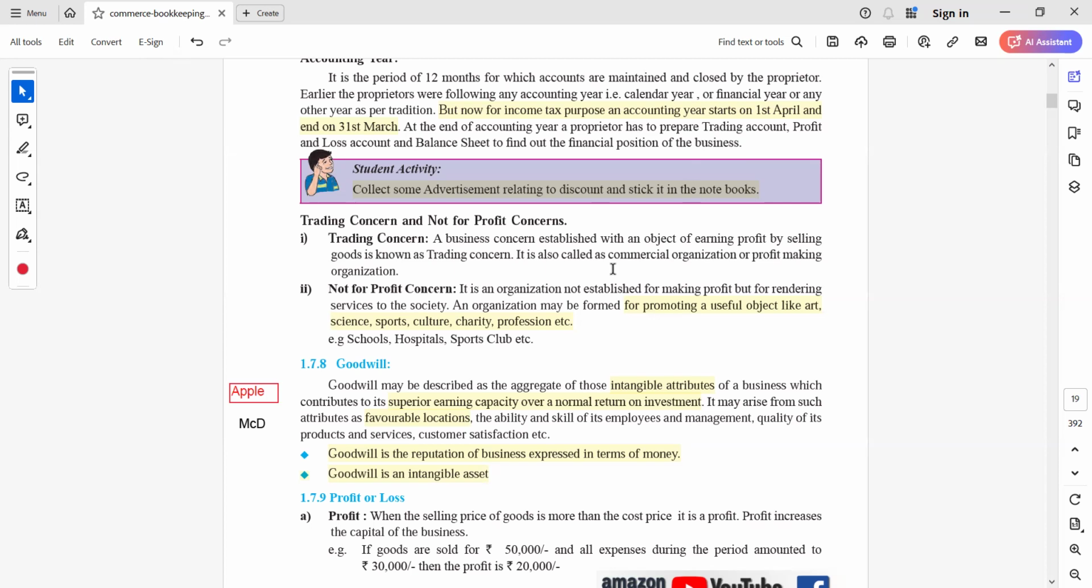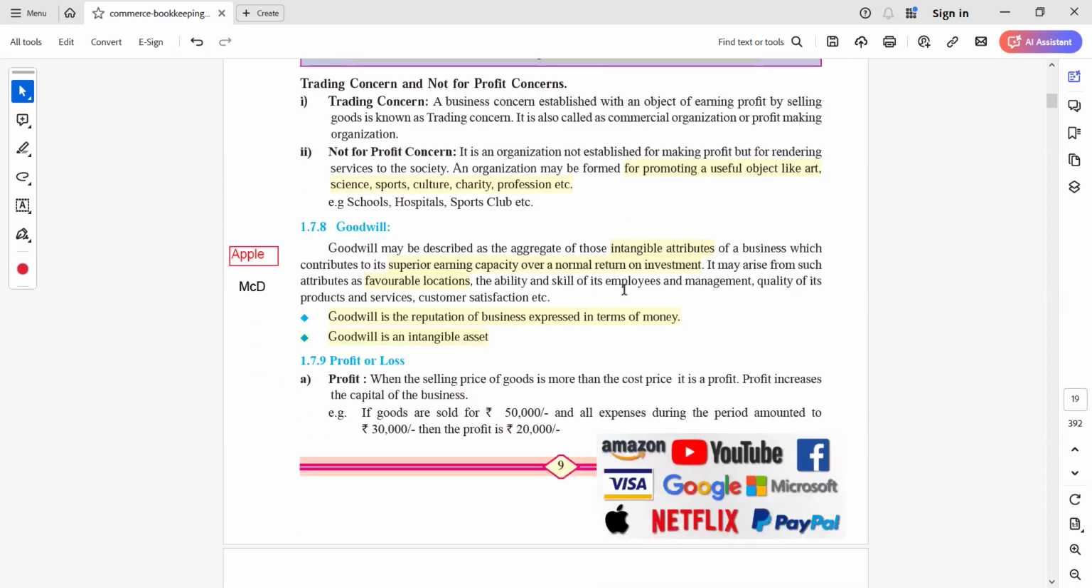Now, goodwill is described as an aggregate of those intangible attributes of the business which contribute to its superior earning capacity or the normal return on this. It may be the skill of employees,